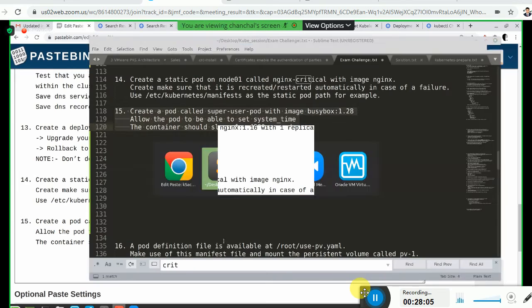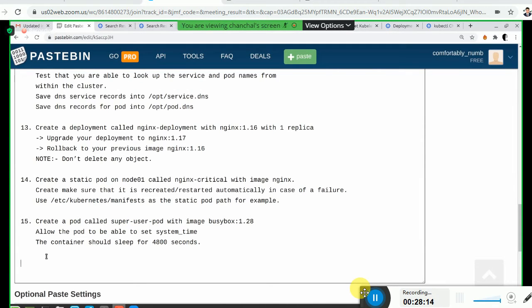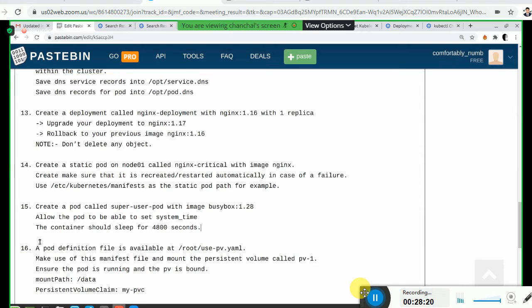Now we are going to attempt the 16th, so I'm also going to copy the problem for the 16th. You can be sure this question will be there. This means a similar question where a PV will already be provided to you.